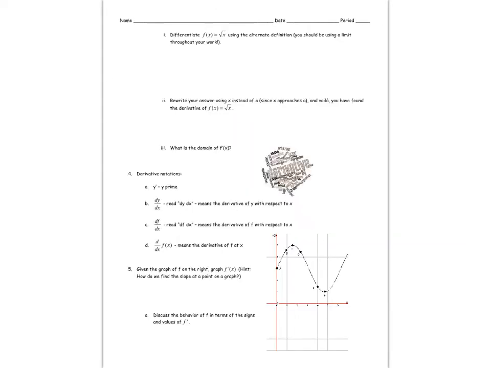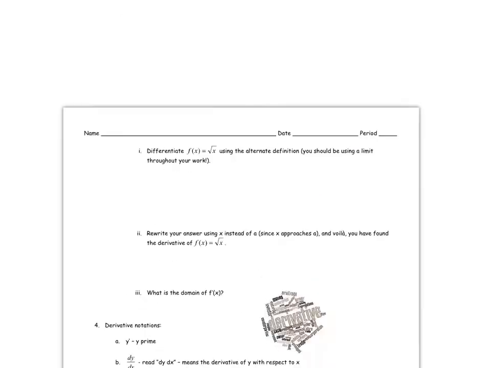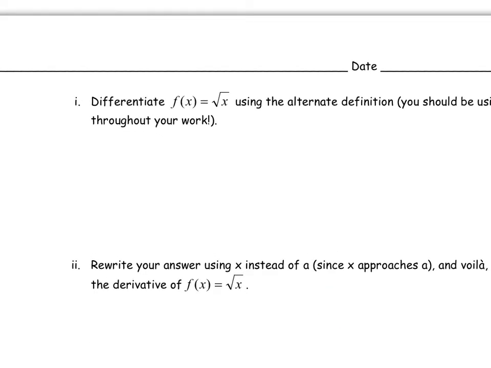There, the alternate definition of derivative. And then on 3i, we're asked to apply that. So this is the limit as x goes to a of f of x, which is the given function, minus f of a, which is the function with a plugged in, over x minus a. And now we got to get the x minus a on the bottom to cancel out, so we can plug in a for x, just like we wanted the h on the bottom to cancel out, so we could plug in 0 for h. So if you take this and you multiply top and bottom by the conjugate is the